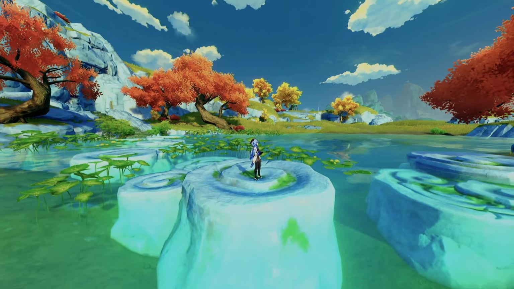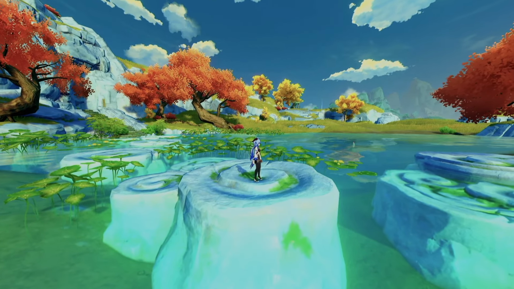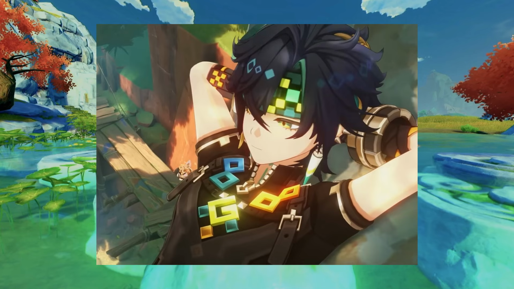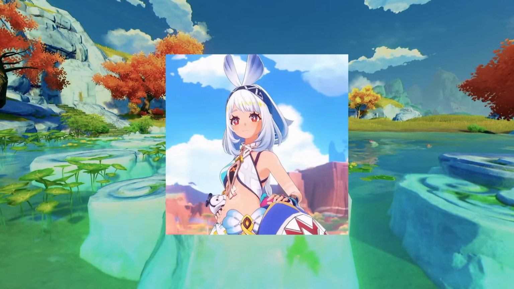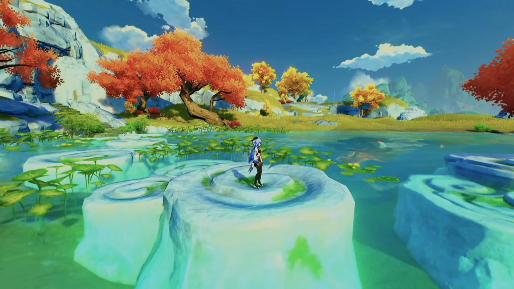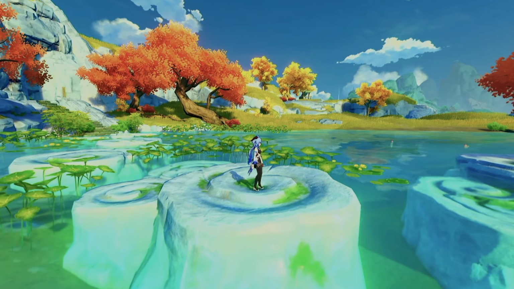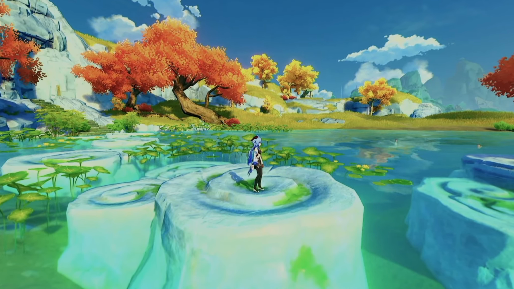Hello there, Flip here, and today we're going to be discussing the new 5-star units that are coming out in 5.0, Kinich, I hope I'm saying that right, and Mualani. Going over their kits, potential team options, as well as some of the issues they may face and how they shake the meta. And if you're interested in getting these characters, well then...